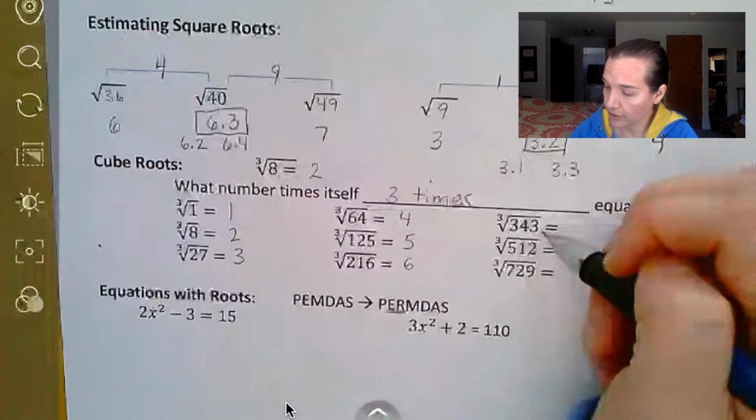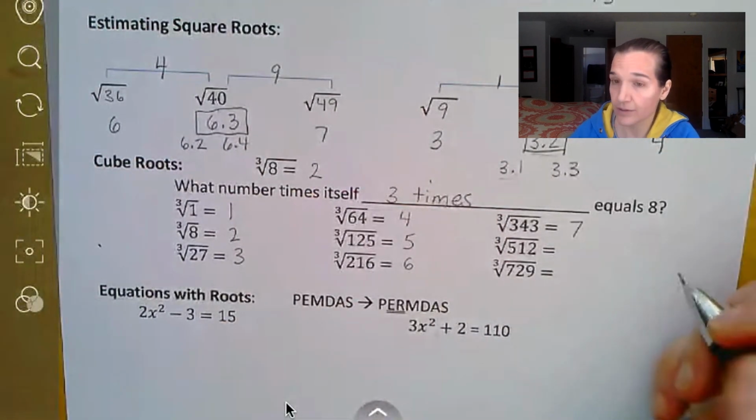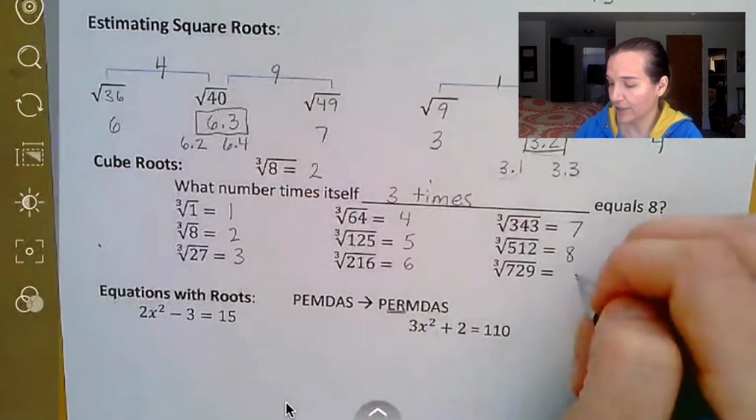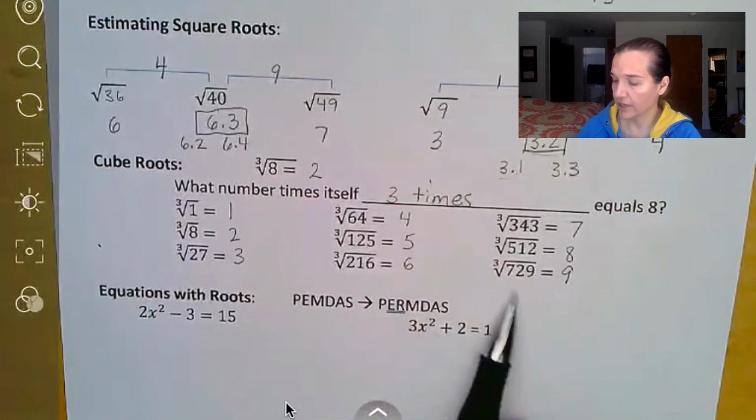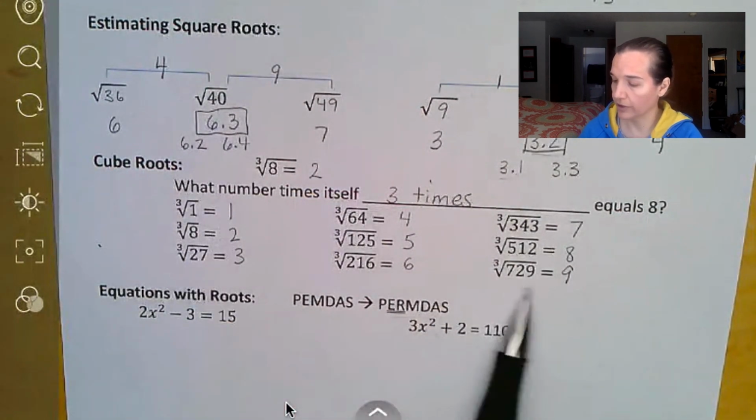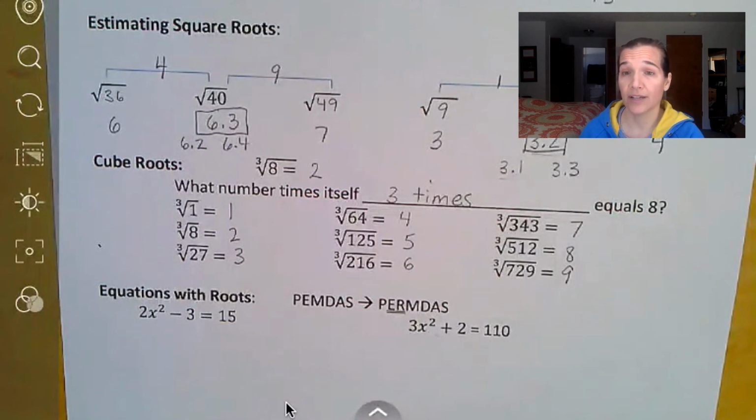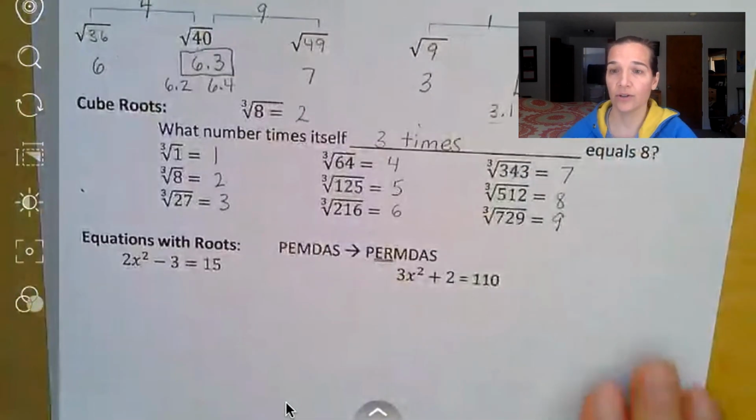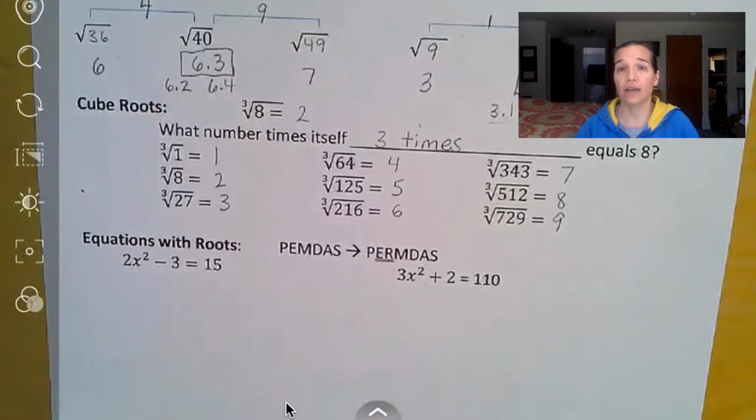Cubed root of 343 is 7. Cubed root of 512 is 8. And cubed root of 729 is 9. Notice how they get big really quickly. We started out with 1, and now we're already at 729. So exponents make things bigger really fast. Okay. So last thing, how would we solve an